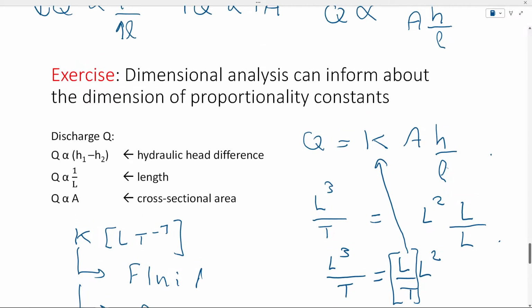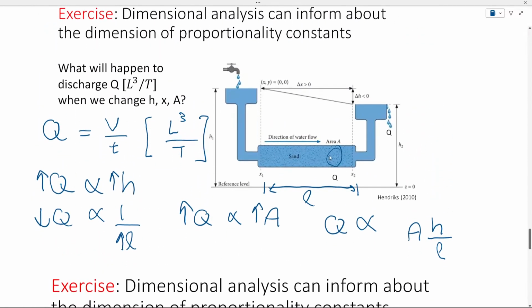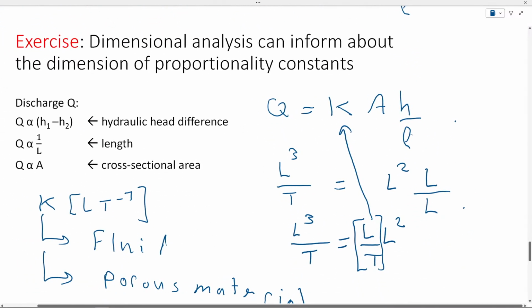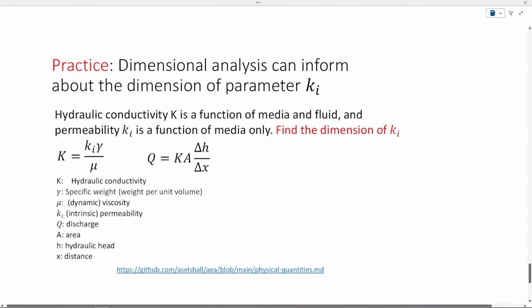Okay. So you see this exercise, we just use dimensional analysis. If you are Darcy and you're preparing this experiment, you can just use dimensional analysis to know the unit of this proportionality constant here. Okay, so now